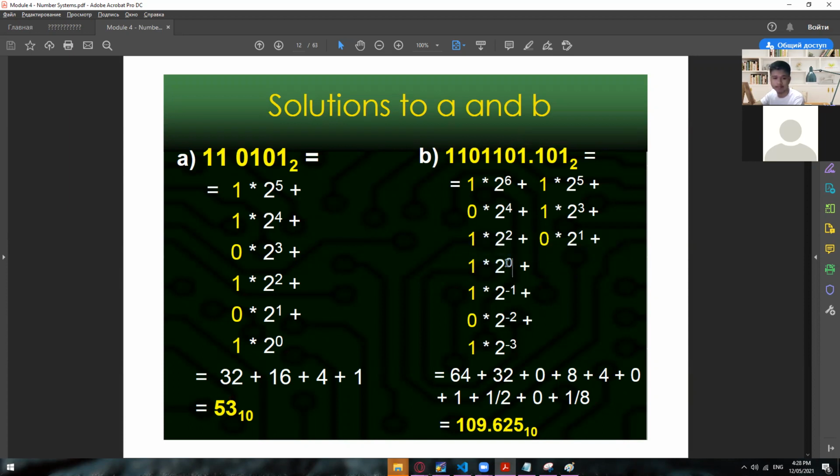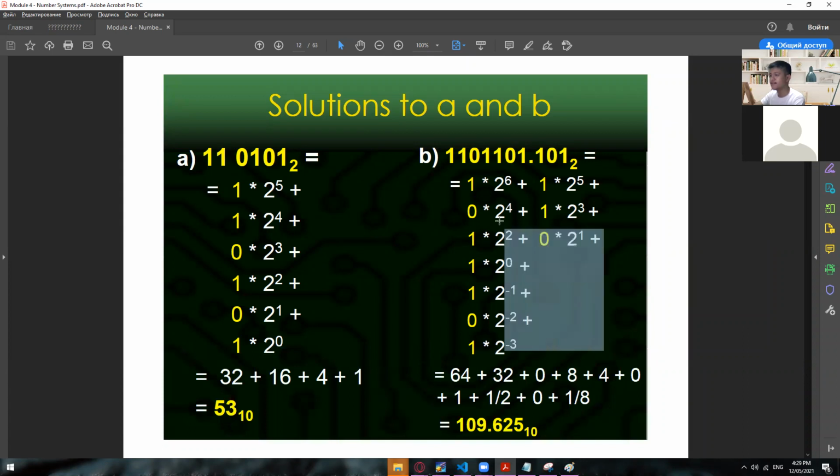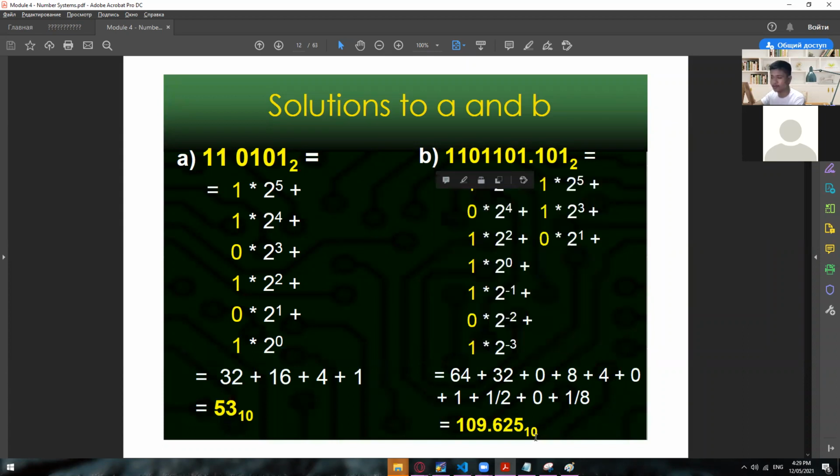So starting from raised to 0, next one is of course 1, 2, 3, 4, 5, and then 6. Okay. And then for the fraction part, starting from here, we have -1, -2, and then -3, which is now this one, -1, -2, and then -3. All right. And then, of course, your multiplier will be its base. So the base right here is 2, so just multiply everything by 2. So once you're done with this kind of arrangement, and after substituting their exponents and bases, then just do the math. Okay, using your calculator, you will get